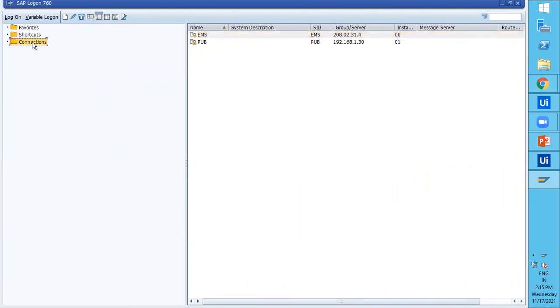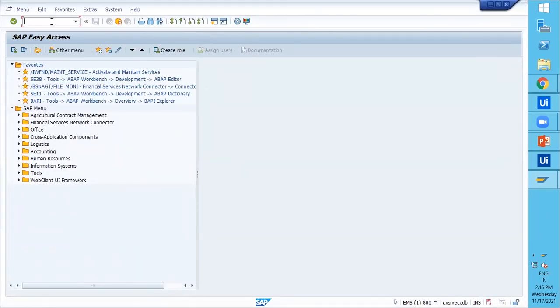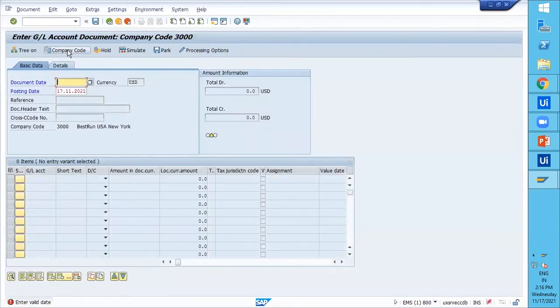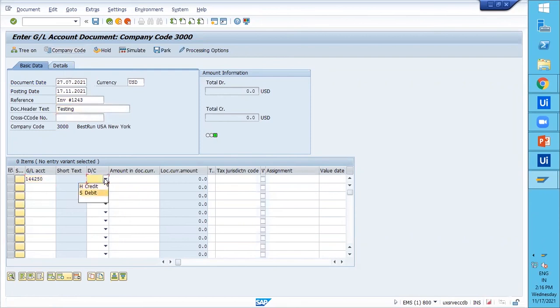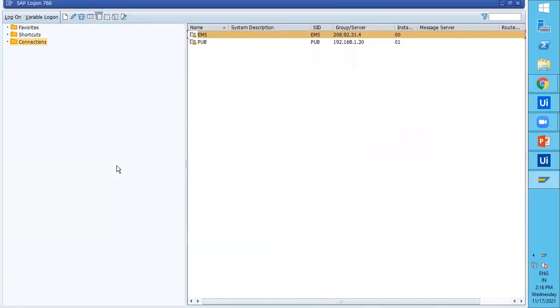So this is the fourth test case. Yes, we got the document number, so this test case will be passed. This is the final test case. As we expected, this test case will be failed.